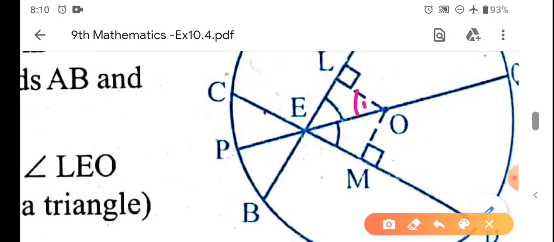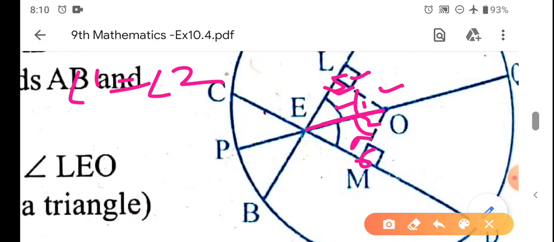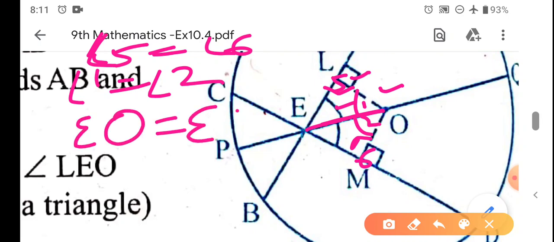We have 1, we have 2, and this is 90 degrees and this is common. So angle, angle, side. This is 5, this is 6. So you have angle 1 equals angle 2, angle 5 equals angle 6, and EO equals EO. So by AAS criteria,